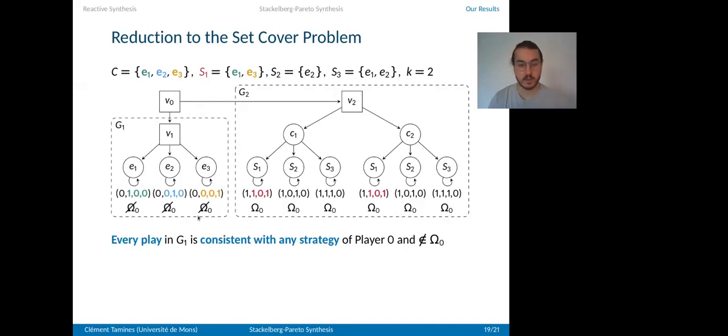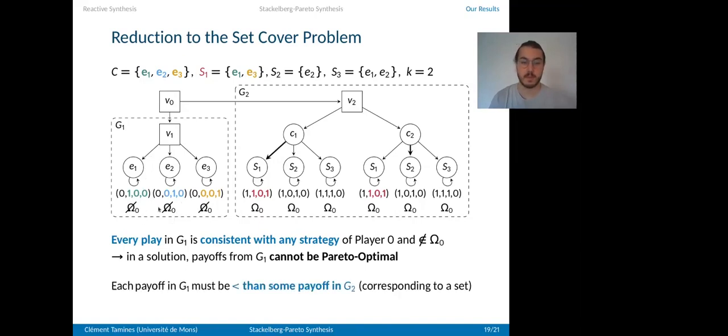Since these plays also don't satisfy the objective of player 0, it must be the case that, in a solution, the payoffs of these plays are not Pareto optimal. If that were not the case, it would mean that there exists a play with a Pareto optimal payoff, which also does not satisfy the objective of player 0. Each payoff in G1 must therefore be strictly smaller than some payoff in G2,